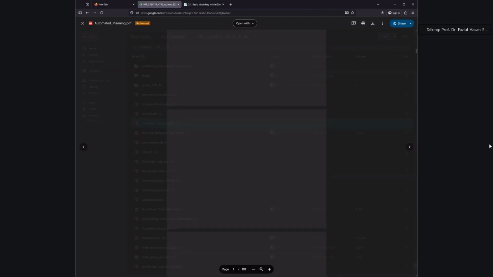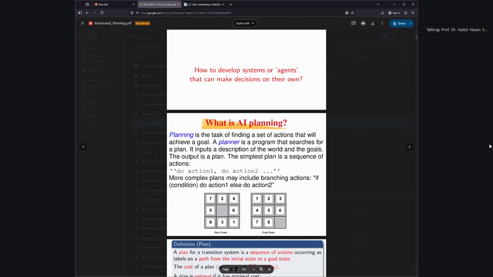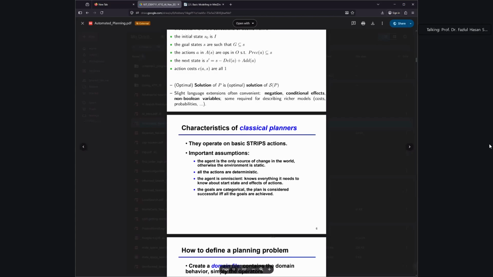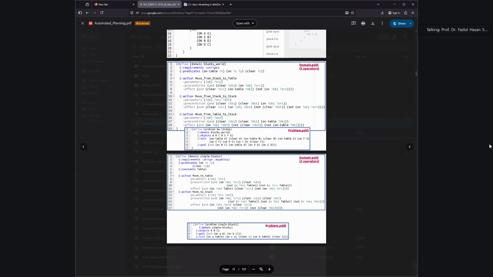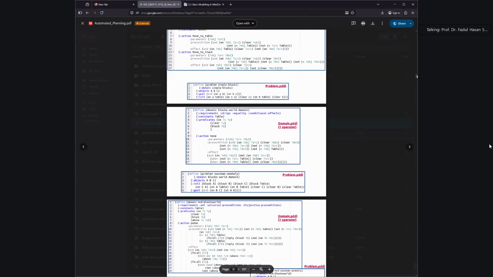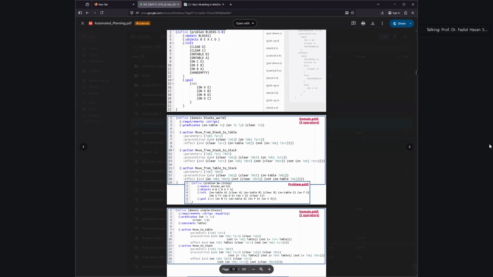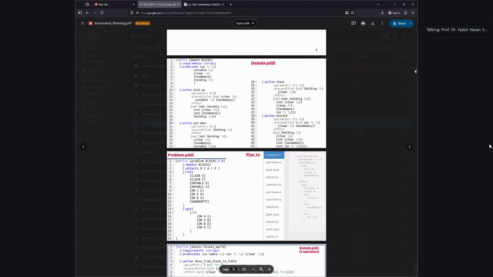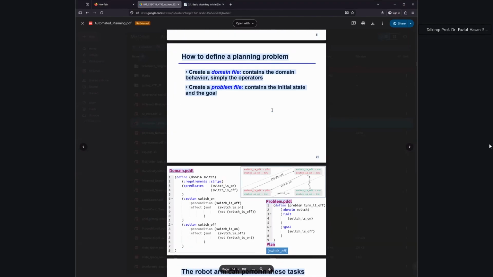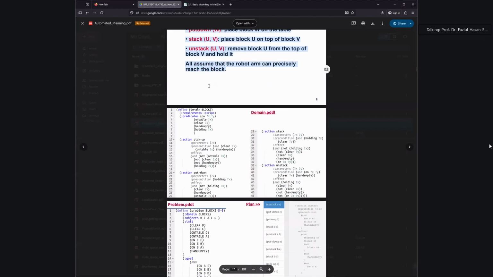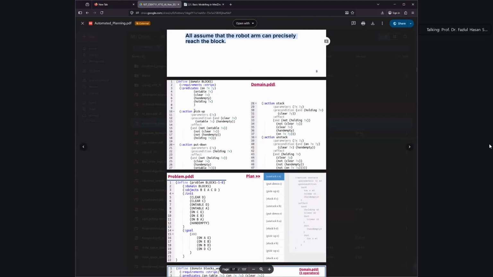Don't worry about the pages, and maybe you don't have to read anything from here. This is just something I've given you as a tutorial, but I explain it directly with some simulations, right? If you can remember, the simulations were there. And here are some examples. I told you before, the same problem has been written using 4 actions.